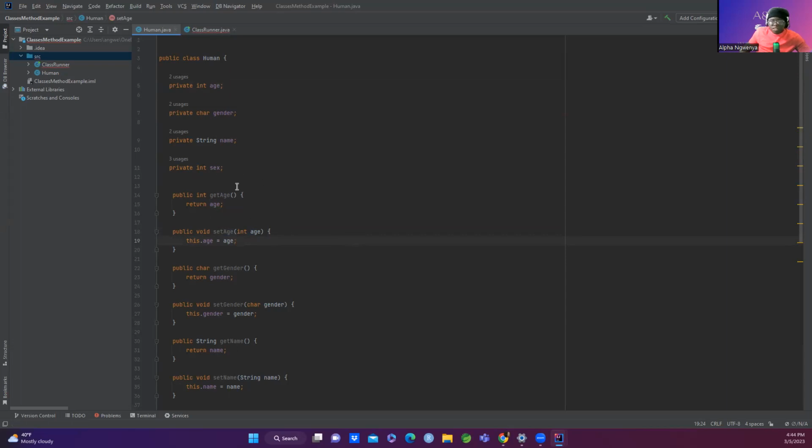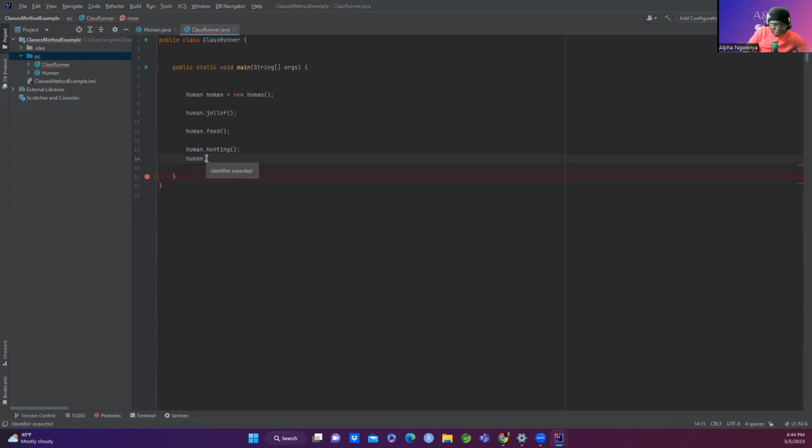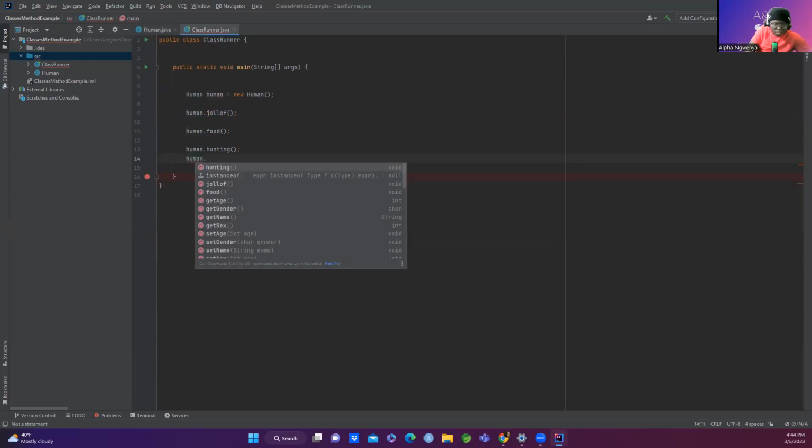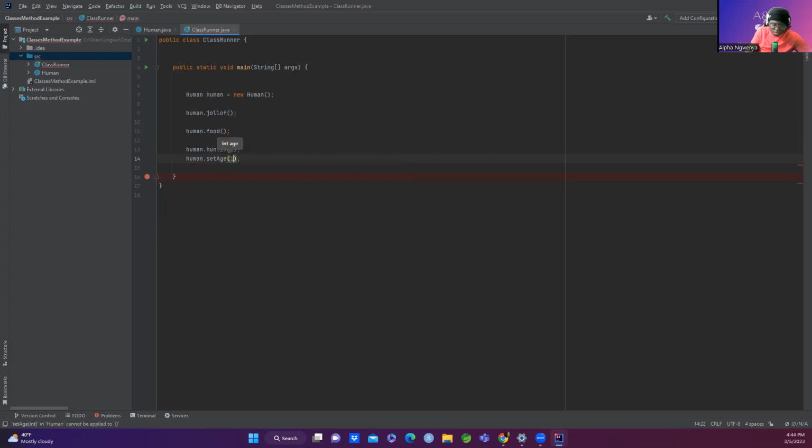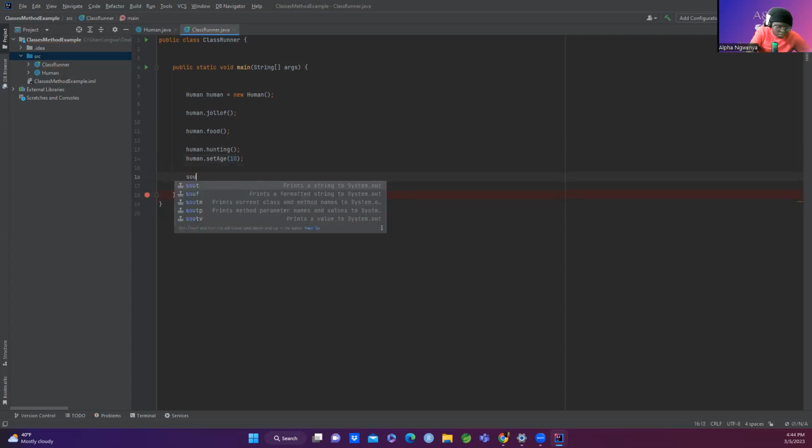So why do we use these methods? I'll come back to it again. Why do we use these getters and setters? So that when we come here, if I say human dot, there's get age and there's set age. You see that? So I can go and set age to 10, like that. Okay. And if I come here and print out human dot get age,